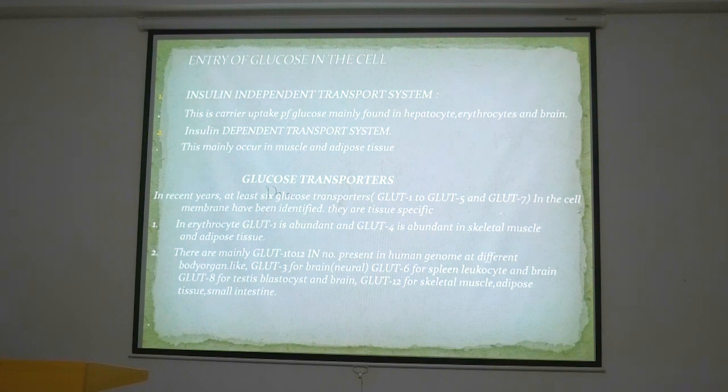Now, entry of glucose into the cell is a transporter-dependent process, so all these other transporters are not